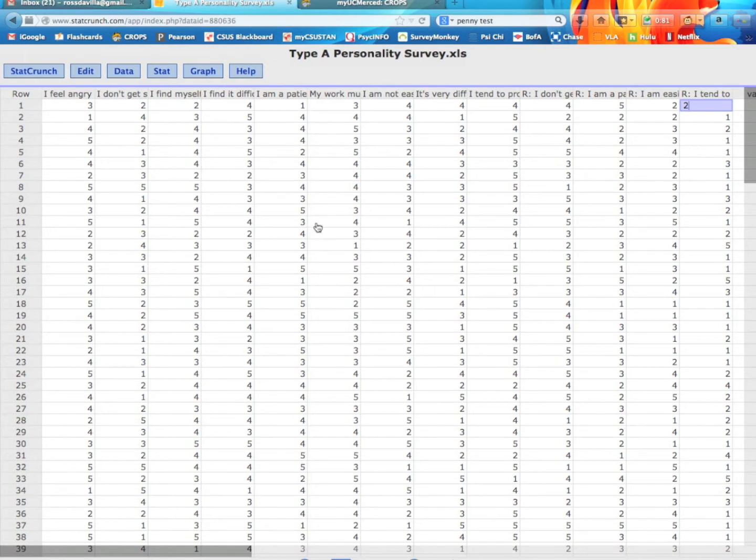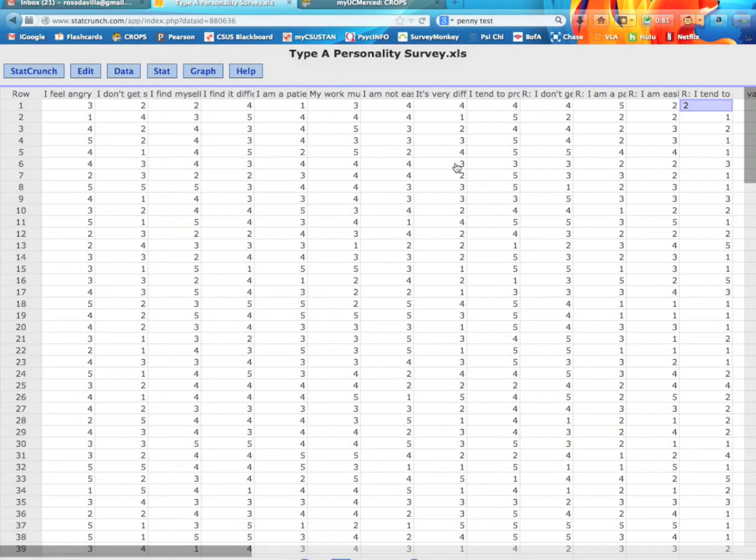And one type of reliability analysis we can do is called a split half reliability analysis. That's basically when you take the first half of the scale and make a total score out of it. So, 1 plus 2 plus 3 plus 4 plus 5. And then the second half of the scale, here we only have 9 items total, so the second half can just be 4 items. And we're going to make a total scale out of that, so items 6, 7, 8, and 9. And then we're going to run a correlation between those total scores just to see if the first half of the scale correlates highly with the second half of the scale.